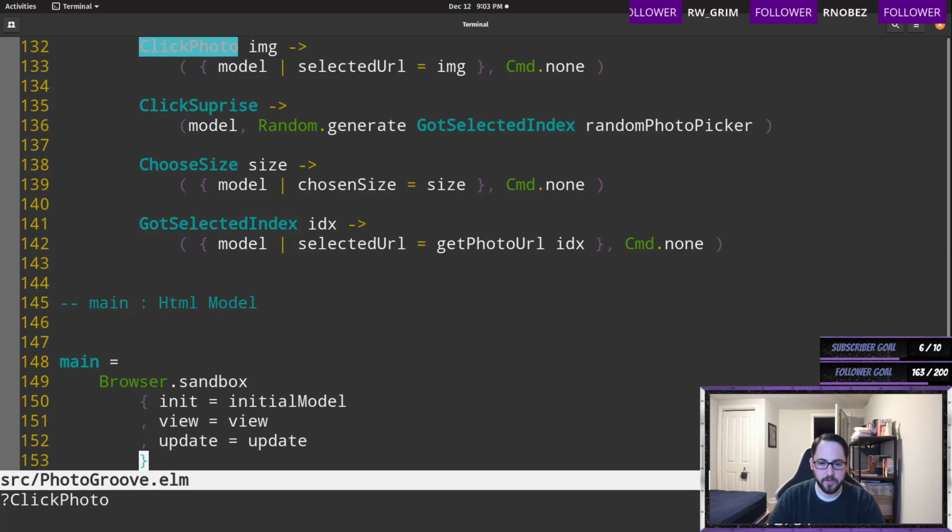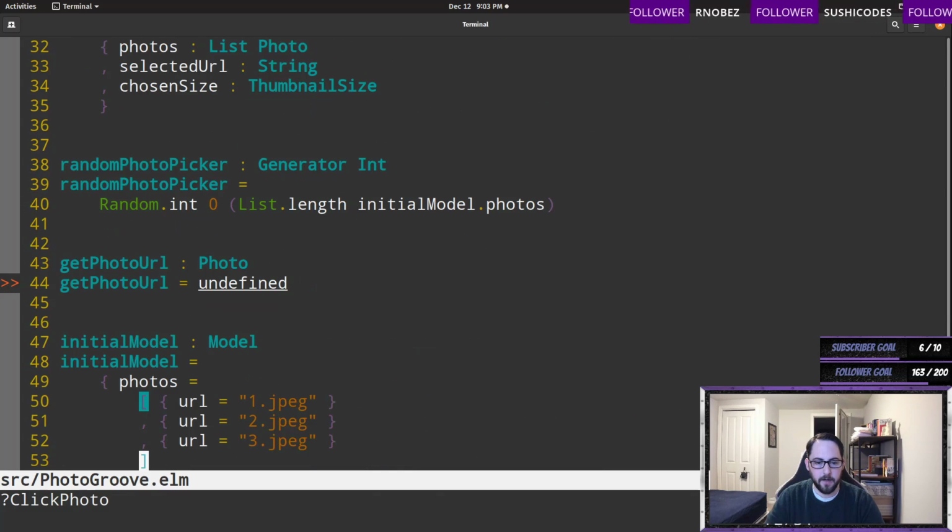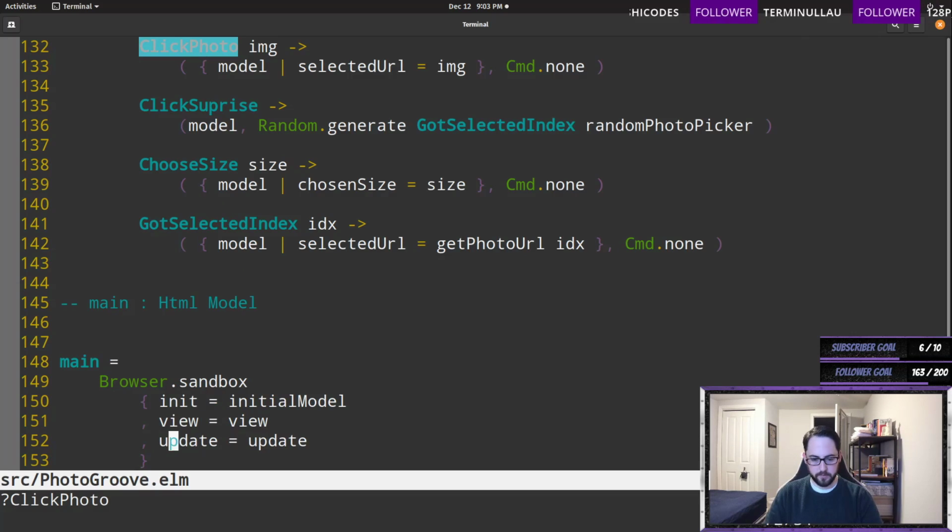Well, our model's not changing, so we'll just use the initial model, because the photos don't change. Eventually the photos will change and this will be a poor choice. Although I think we're going to change this here really quickly. Let's do this because I don't like this. So we're going to do this and then